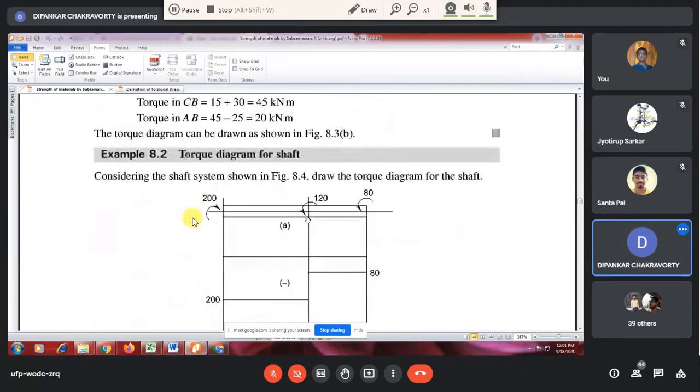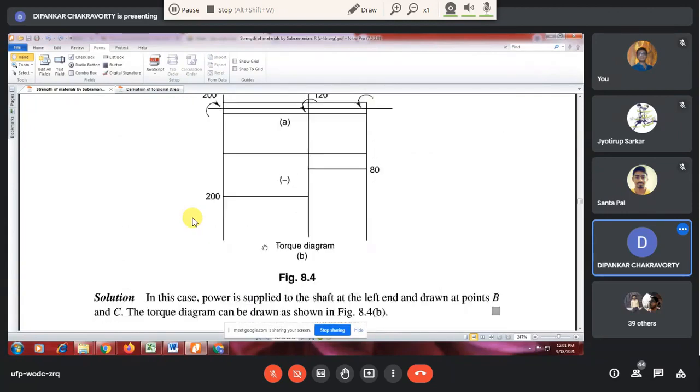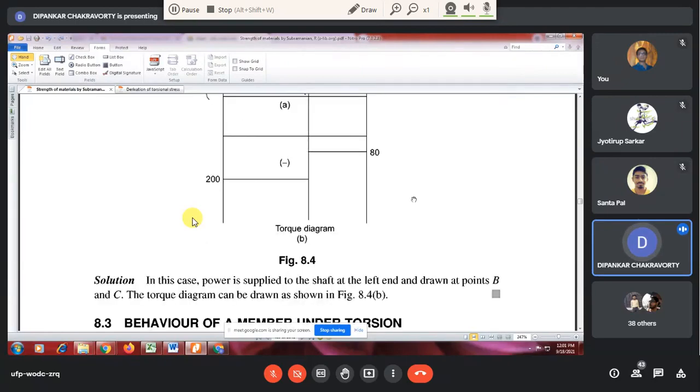Now, if you come here, same thing, very easy. This is an anti-clockwise torsion for this particular problem. If you assume that anti-clockwise torsion means the torsion vector will be acting towards right, so if you take that as negative, you do that, no issue. So minus 80 is there, then again another anti-clockwise. So minus 80 minus 120 is minus 200. If you just reverse your sign convention, there will be no problem as well.